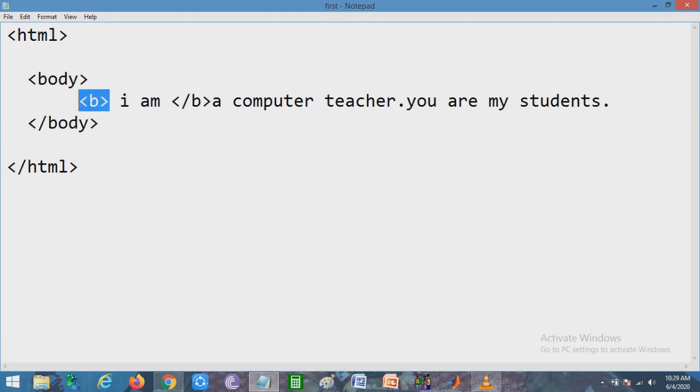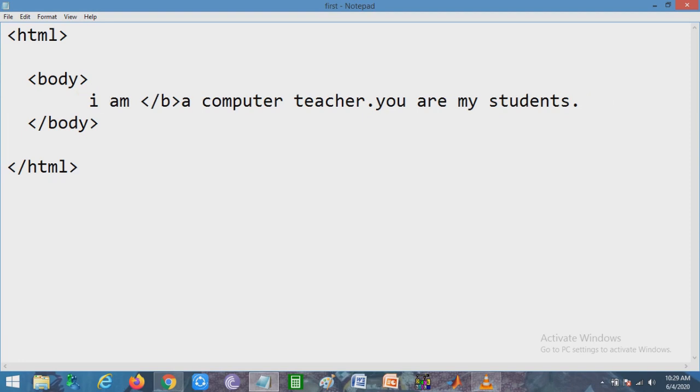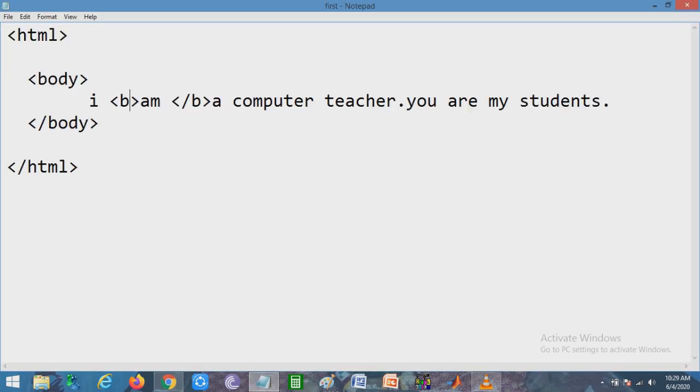Suppose I want to make "am" bold, so write b at the beginning of "am", and after "am" it is end b, then save it and run it on the browser. Then you will have only "am" in bold. So whenever you want to bold any word, line or letter, you have to use this bold tag before and after the word, letter or sentence.